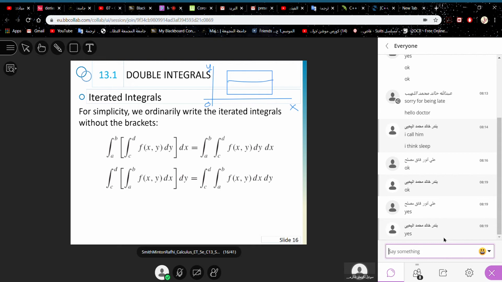So what we will do, we will divide it into